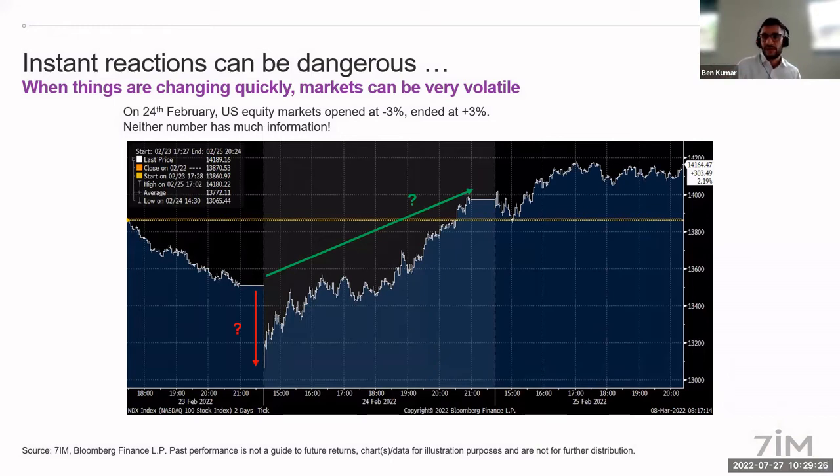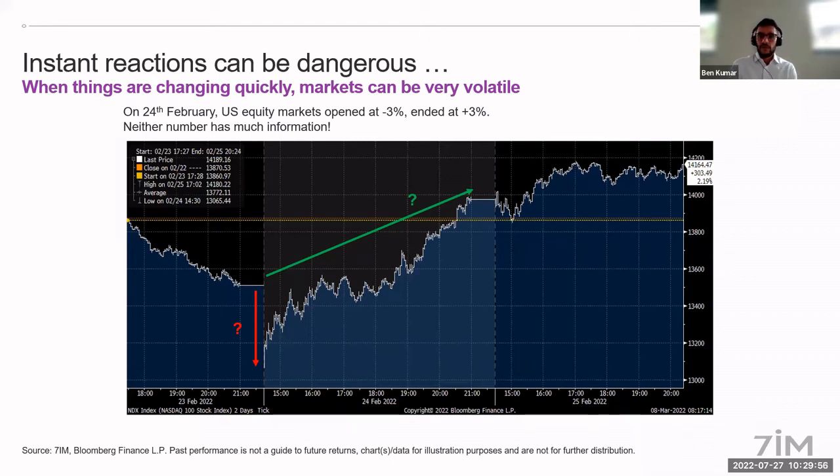Instant reactions can be dangerous. On the day that Russia invaded Ukraine, 24th February, most global markets fell. Now, the US market opens latest because they're however many hours behind us. So you would have thought that the US market over the course of the day would fall. The US market opened down 3%, but over the course of the day rallied by 6% to end up